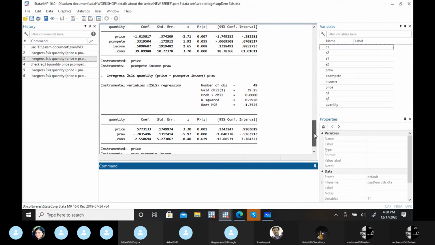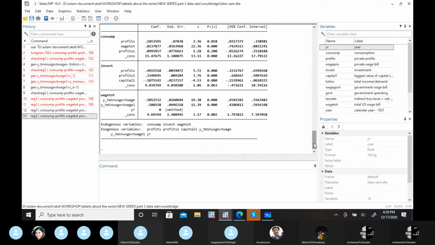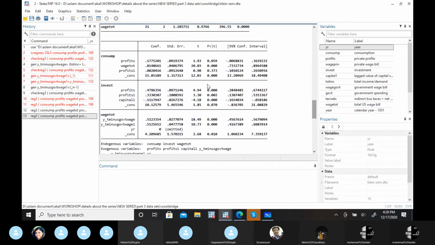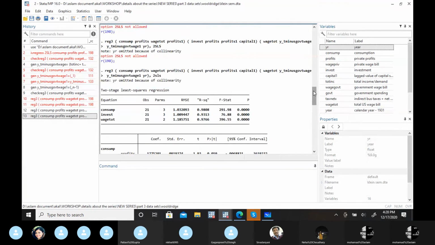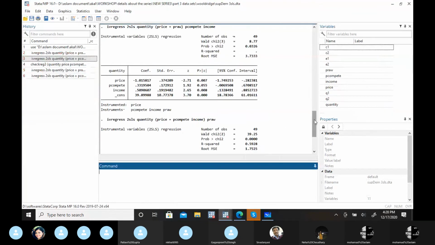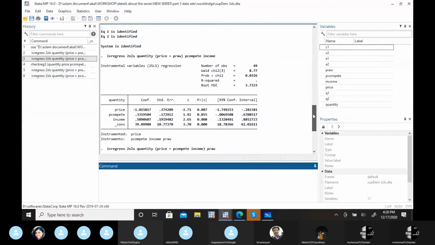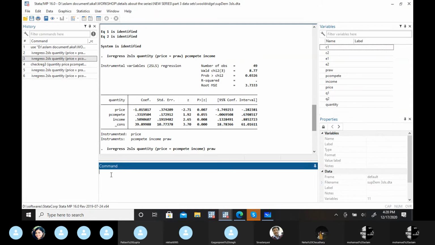Now you have again 2SLS results, but now see the difference with the reg3 command. You will get these three in one single table with only one single command. But when you apply instrumental variable, Stata will produce results differently. Although these results won't differ. Let me show you this thing, that even if I apply this other command, results will not differ. First equation is quantity